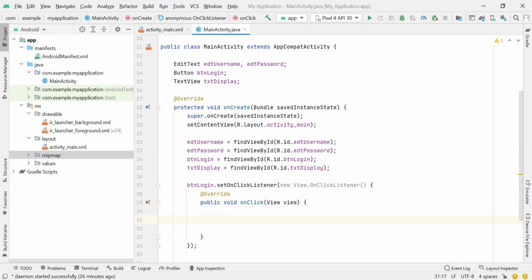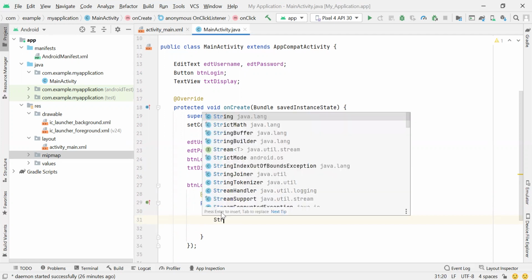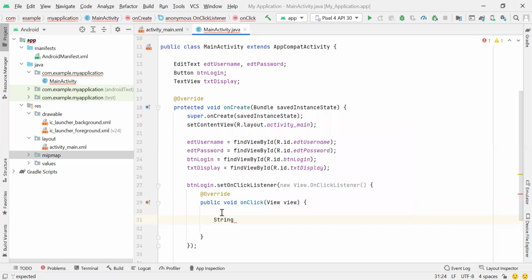we want to get the username and the password. So in this case, what we have here is string. We're going to create a string variable. So let's say string. I'm going to call this get username, so that there's no confusion in case, because we have an edt username. Or what we can do is just do str username so that you know that it's a string username, but I'm going to use get username. It's up to you, whatever name you want to give it. And then I'm going to refer to this edt username